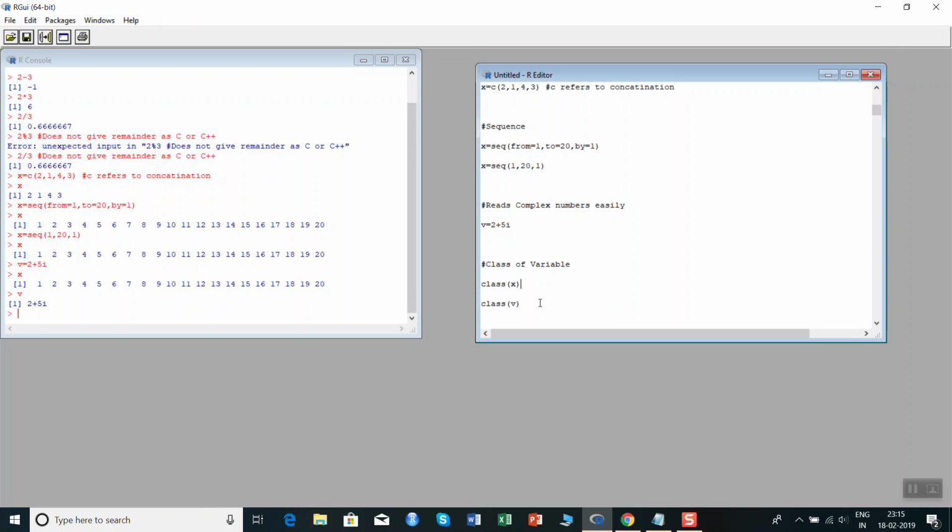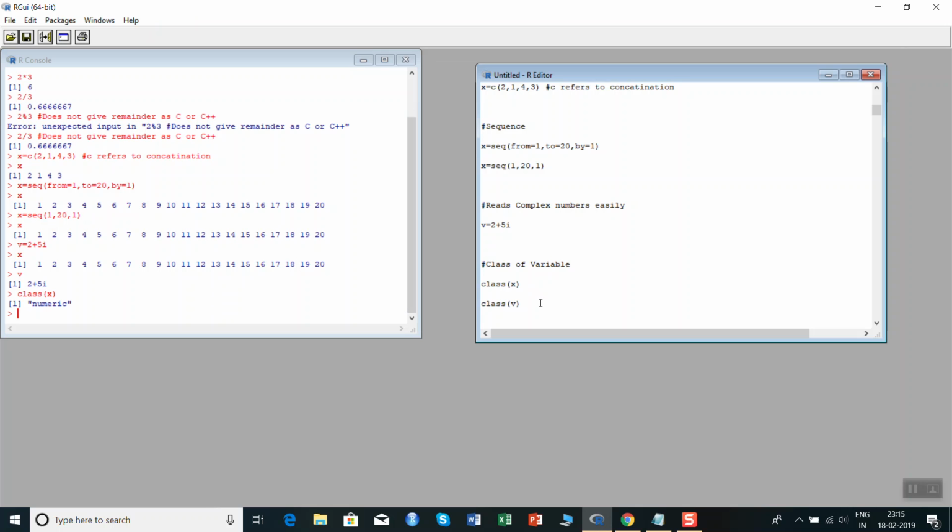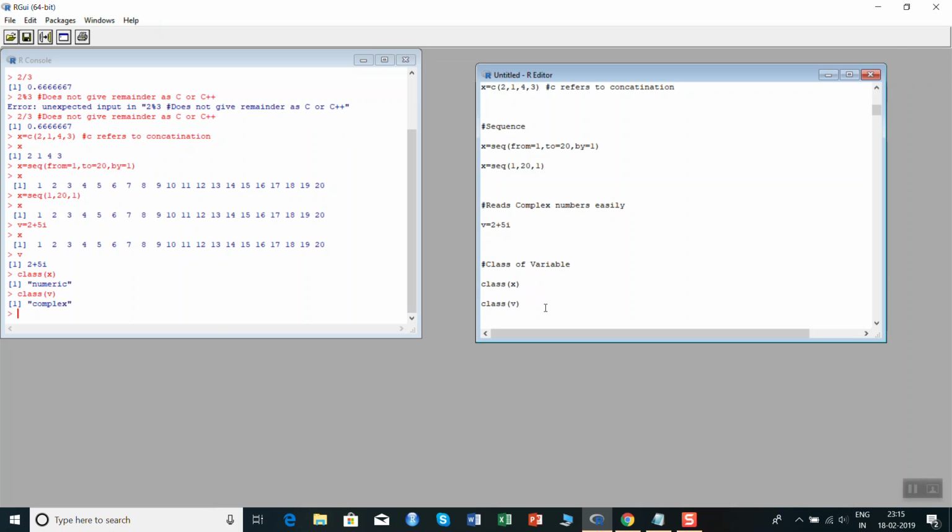Now the class of the variable. Class of X should be numeric, isn't it? Let's see. Yes, class of X is coming as numeric. So this class in bracket gives the class of the variable. Similarly, class V is giving us complex. Okay, so V is a complex variable.